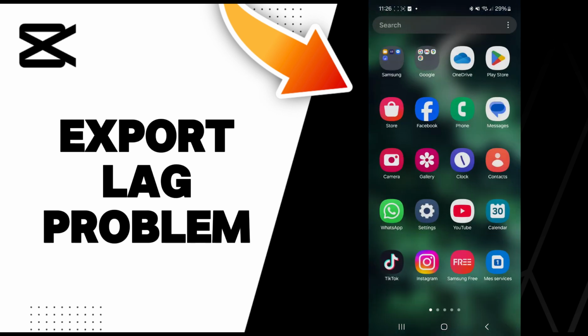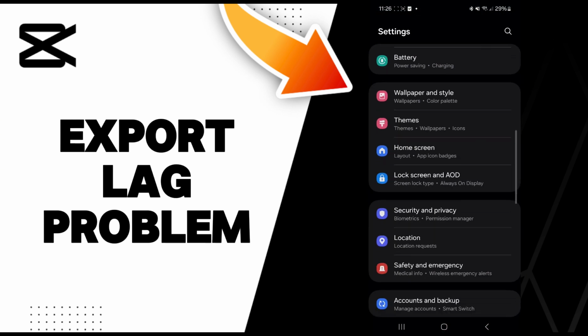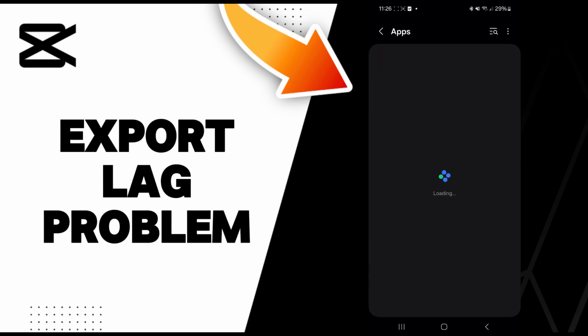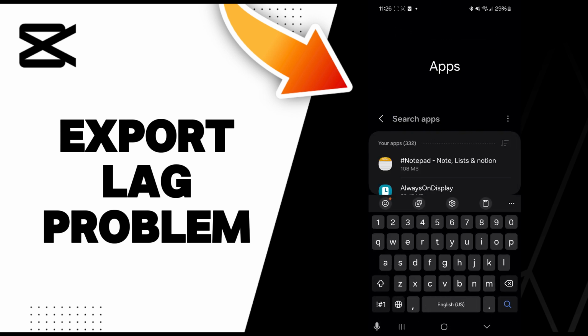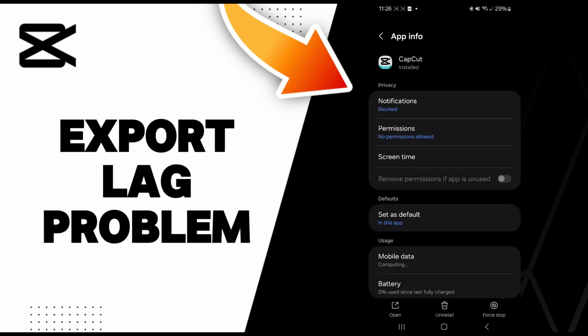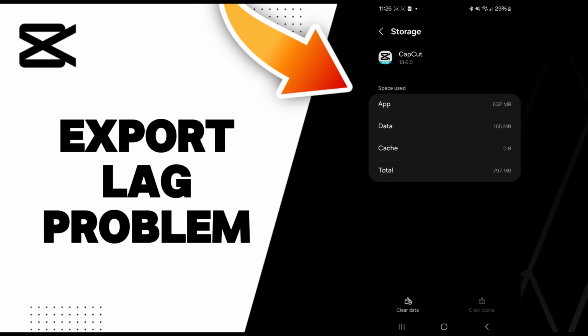So the answer is easy, just go to the settings and then scroll down to the apps section and then go to the search and search CapCut, and then go to the storage, and here you will find this clear cache option. Click on it. Now you can go check if it works, and if it didn't you can try to